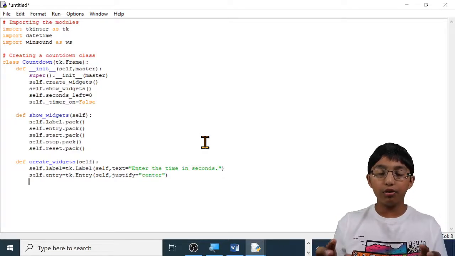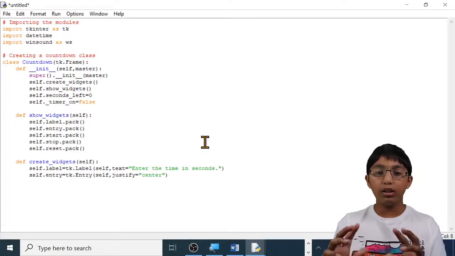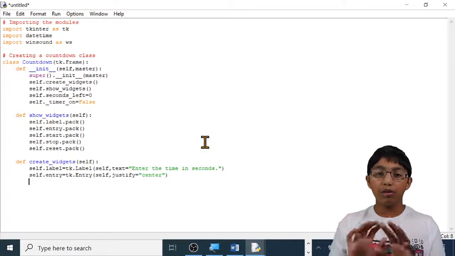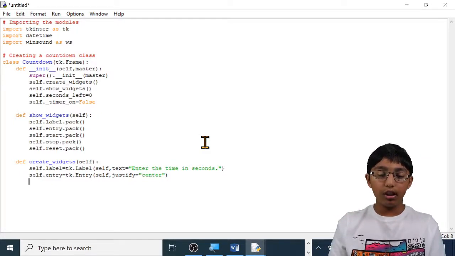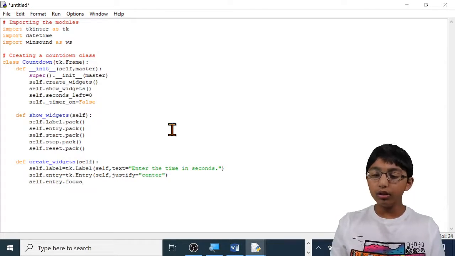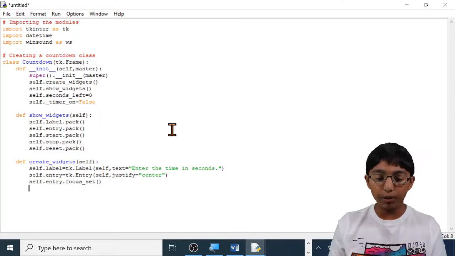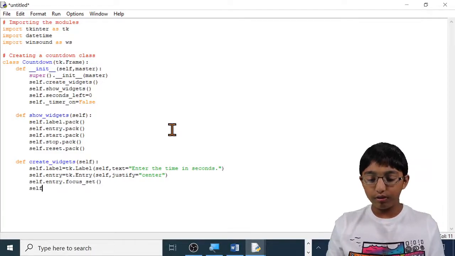Now let's set the focus on enter. So what that means is basically we want to work with it, so we want to make it ready for that. Let's make it ready. Self.entry.focus_set(), enter. Now let's do the reset button. Self.reset equals